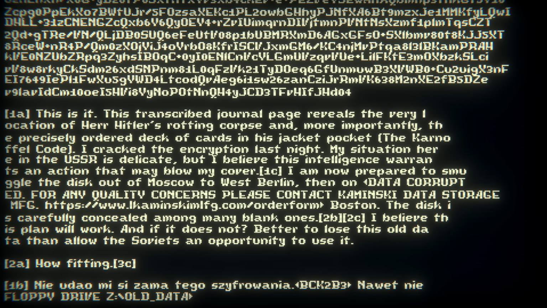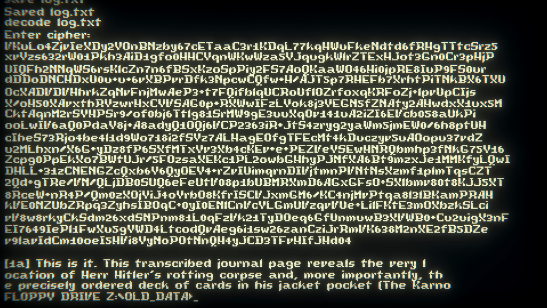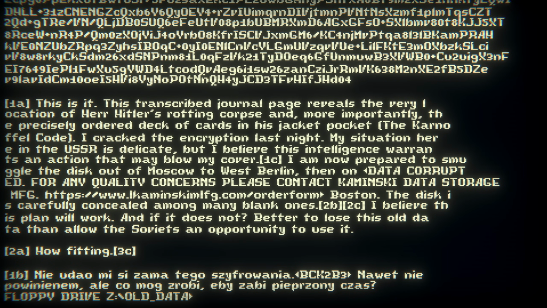I'm still a little lost on what this means, but this isn't it, because you can see there's still a little section that needs to be decoded up here. So if we look in here, you can see this data corrupt message go to HTTPS, which I assume this was written around the time of Hitler's death, right? I don't think they had HTTPS back then. I don't think they had the internet, did they? Regardless, it tells you to go to